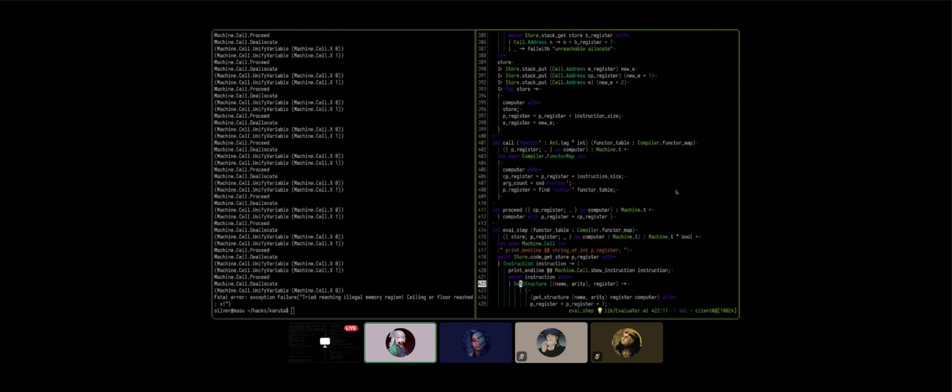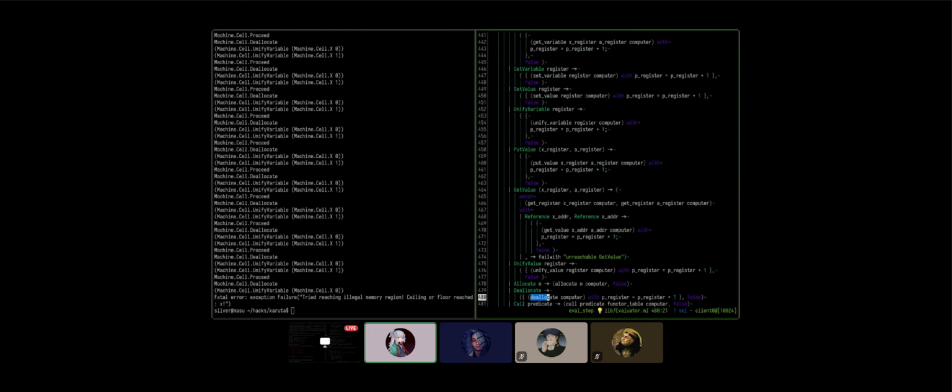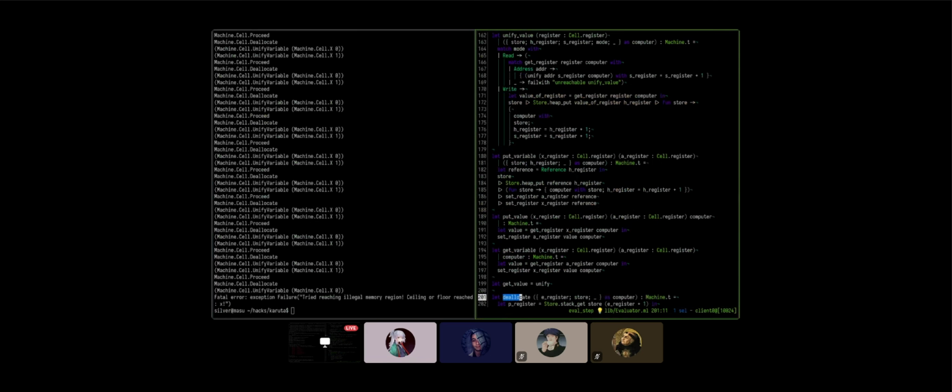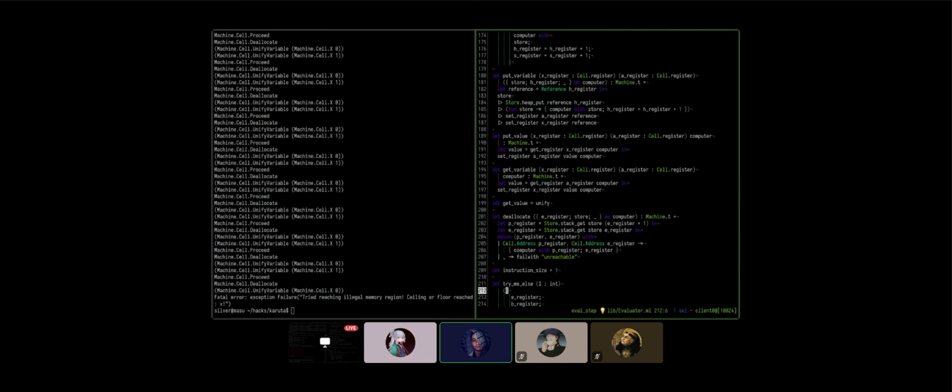P equals stack at E plus 1, which is deallocate. So there it is. So we do a get, then we do a get again, and then we pattern match on both to see if they're both registers, and then we, wait, wait, go back to the book.